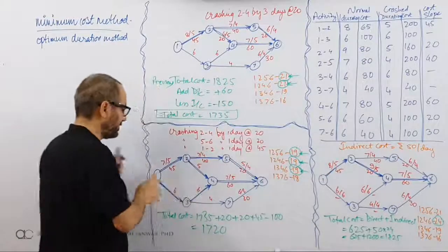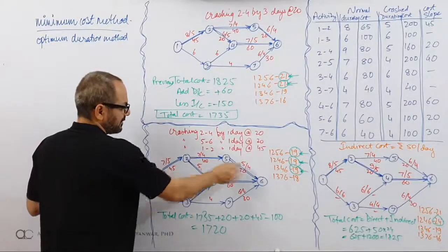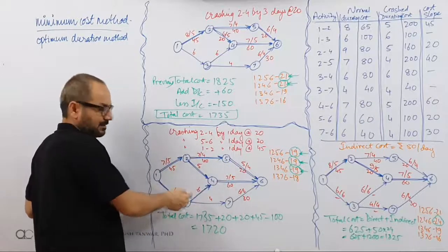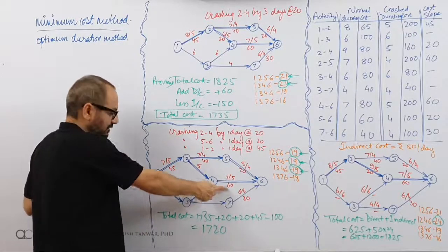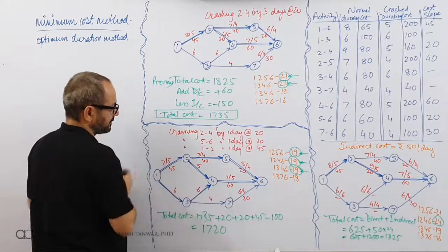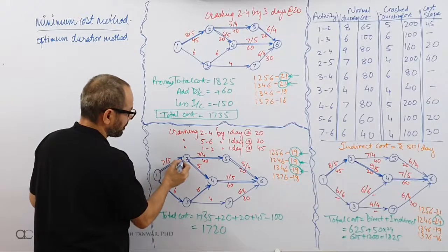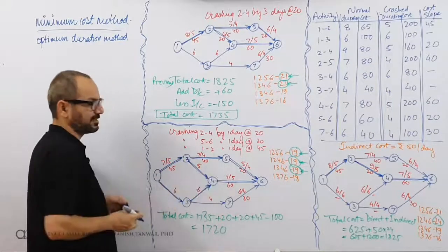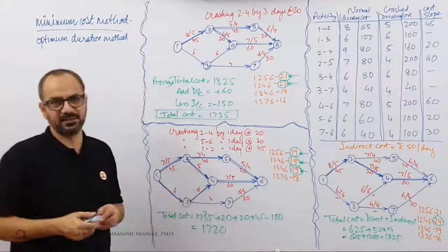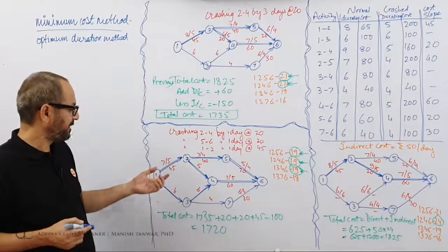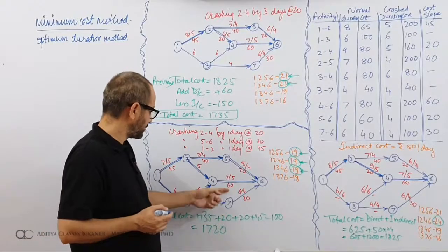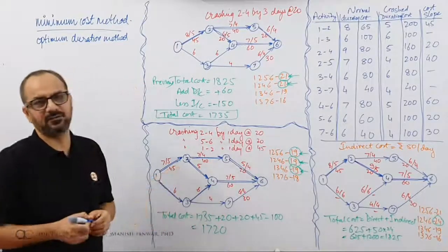The other alternative could have been you pay 45 rupees, these two paths come down, but what about this? For this you will have to save here. So 45 for these two paths and 60 for this path. That again is a costly proposition, that is 105. This was only 80 rupees, this is a 105 rupees combination. So I will not be paying for 60 rupees, nor will I be paying for 45 rupees.